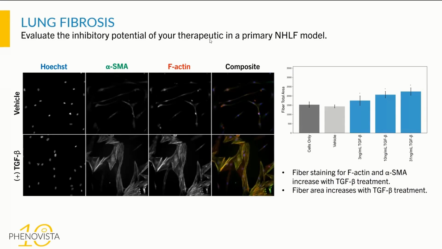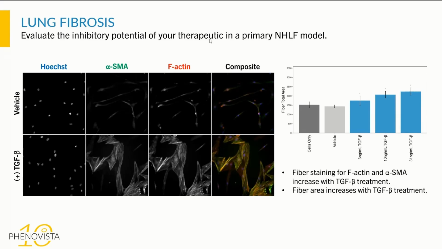In the case of our ready-to-go lung fibrosis assay, we use primary cells or human lung fibroblasts. And we've developed a protocol where we keep the fibrotic induction baseline really, really low. So we get really good measurements of induction of fibrosis. And we induce fibrosis by treating with TGF-beta. Our assays all include controls, and this assay will have a control inhibitor that you can compare your test article